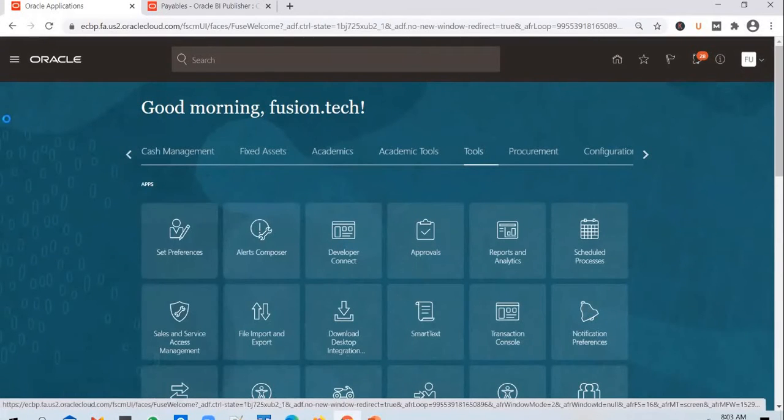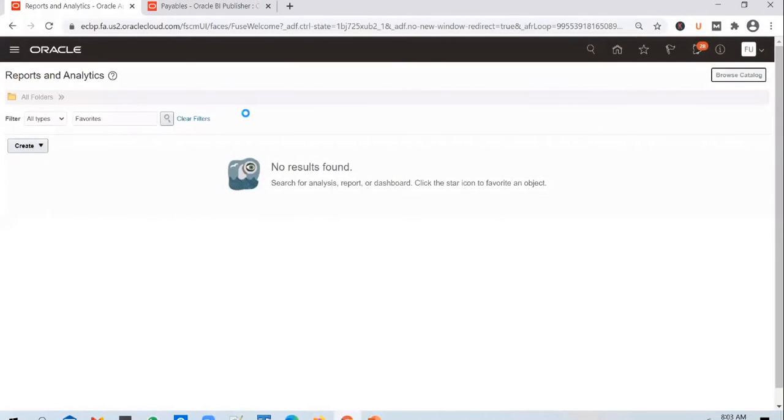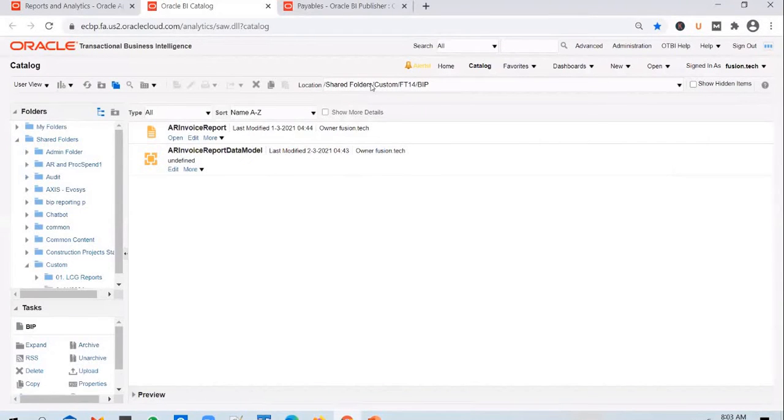So go to Tools, Reports and Analytics. And so we created this report, FT14, and inside FT14 we have created a BIP folder, and inside that we have created this AR invoice print report, right? And this AR invoice print report,